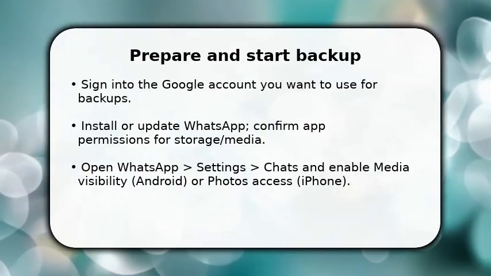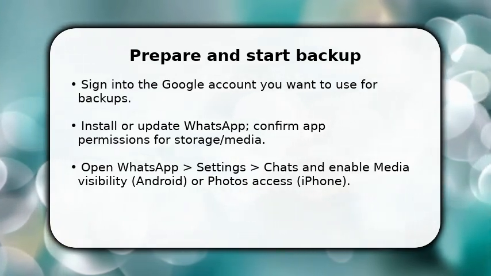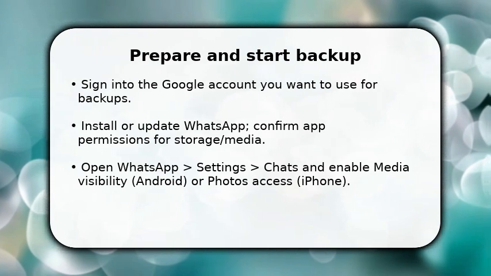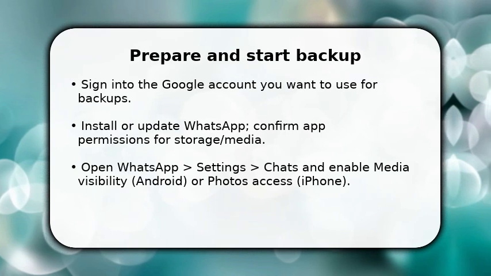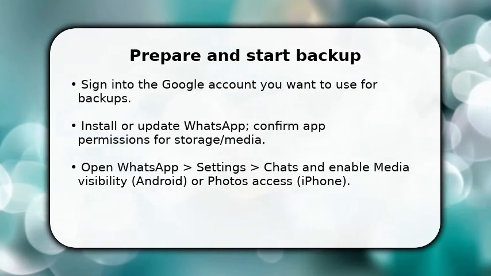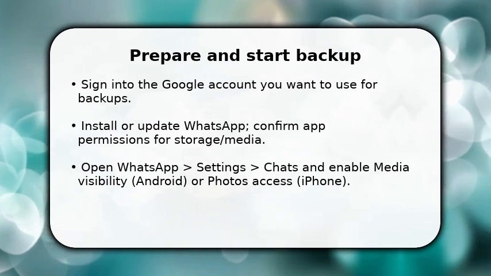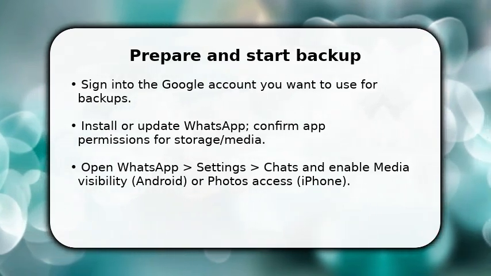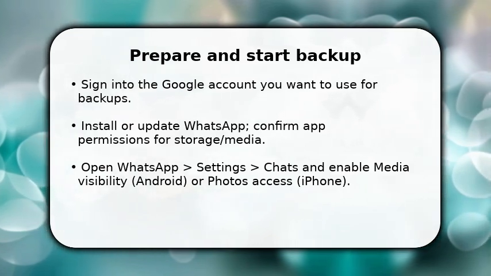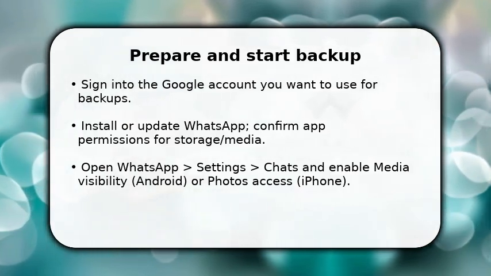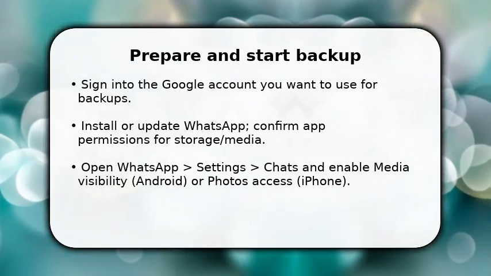You're starting now? Sign into the Google account that will hold your images and update WhatsApp so permissions are current. On Android, enable media visibility in WhatsApp chats so images are stored in a visible folder. On iPhone, grant WhatsApp access to photos so shared media saves locally. Make sure Google Photos is installed and logged into the same Google account. Once done, you'll have the folders and permissions in place, so Google Photos can see and back up WhatsApp media